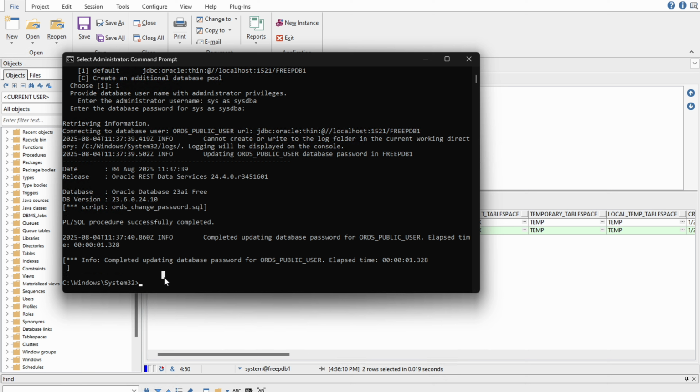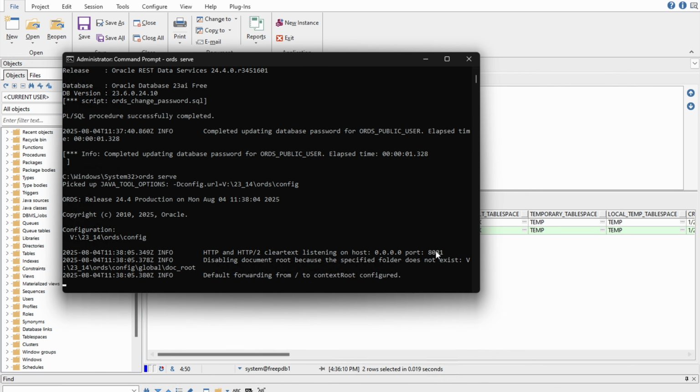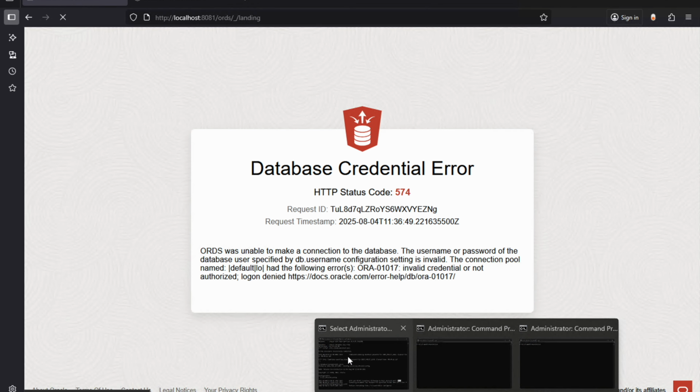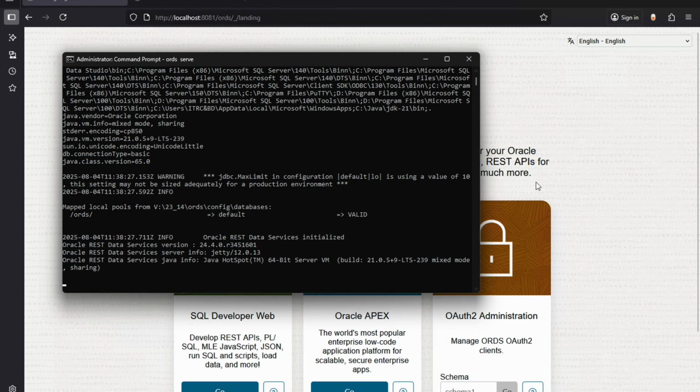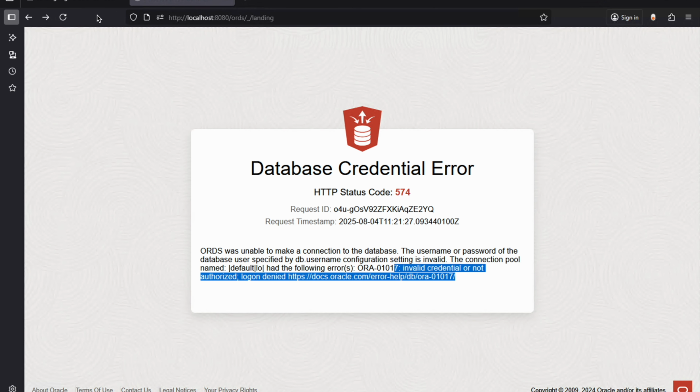Now if I run the command ORDS serve, okay, my ORDS is started at port 8081. And now if I refresh my login page, you can see here that our landing page is working correctly for standalone, and for Tomcat, I have to